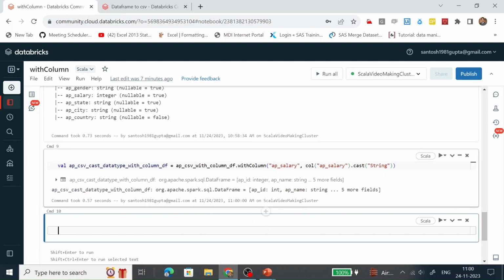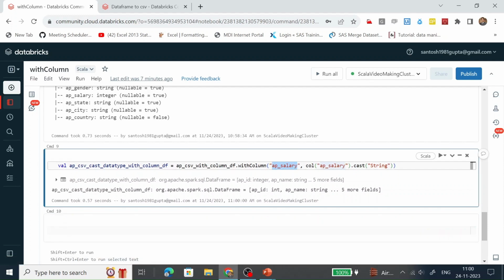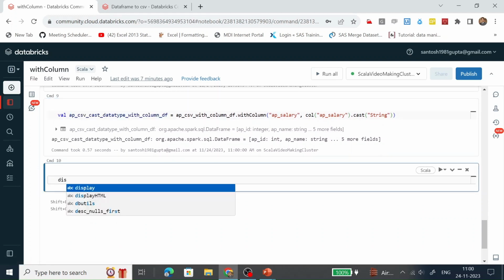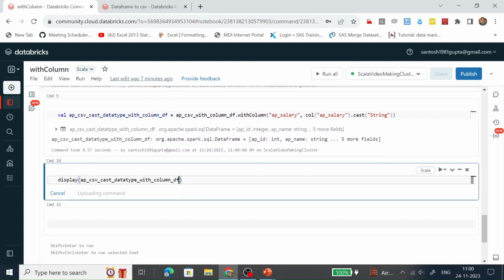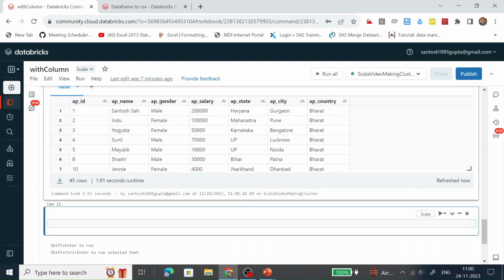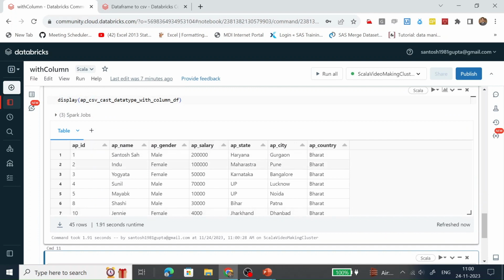So what we have done here, this AP salary column, we are casting to string. Earlier the data type of AP salary was integer. Now it would be string. So let's display the content first. There is no change in the AP salary values. Values are the same.